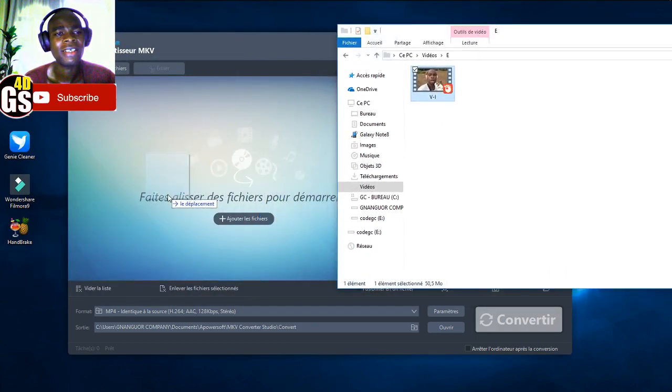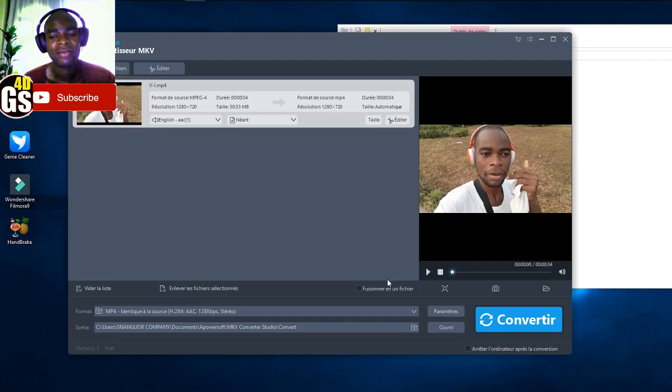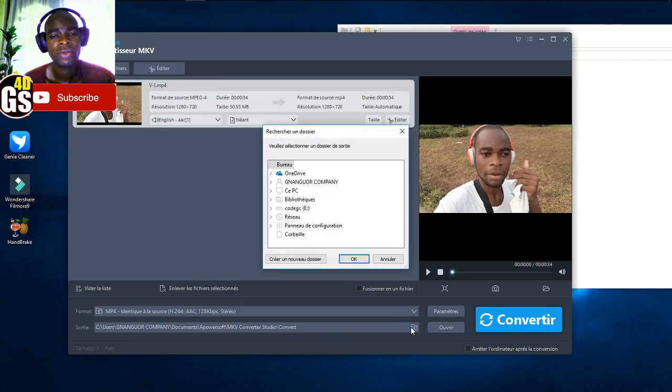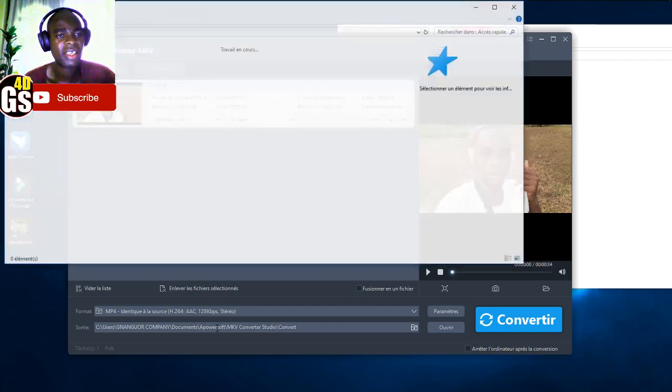Put your video directly here in this folder. After that, locate the folder where you want to convert. This is where you can choose the folder. Let the folder of MKV be in documents.